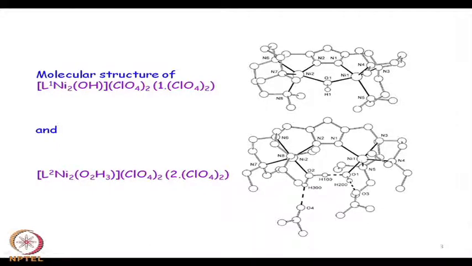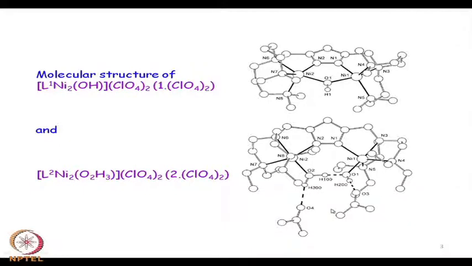If it is pentacoordinated, you should think of what type of pentacoordinated geometry you are getting around nickel 1 and around nickel 2. Because if it is a simple pentacoordinated one, you can have a square pyramidal geometry or a trigonal bipyramidal one. And if you have a square pyramidal or bipyramidal geometry, then which particular bond is available? If all the positions are occupied, which particular bond is available for binding this loose water molecule, that you should think of. Whether it is typically in this direction or in some angular direction.